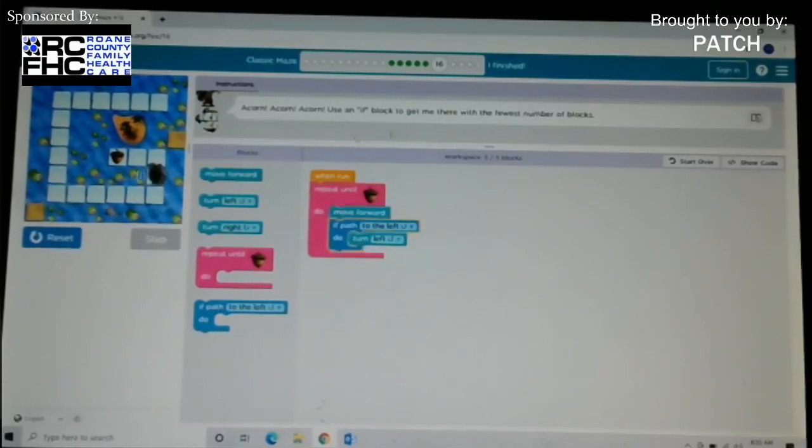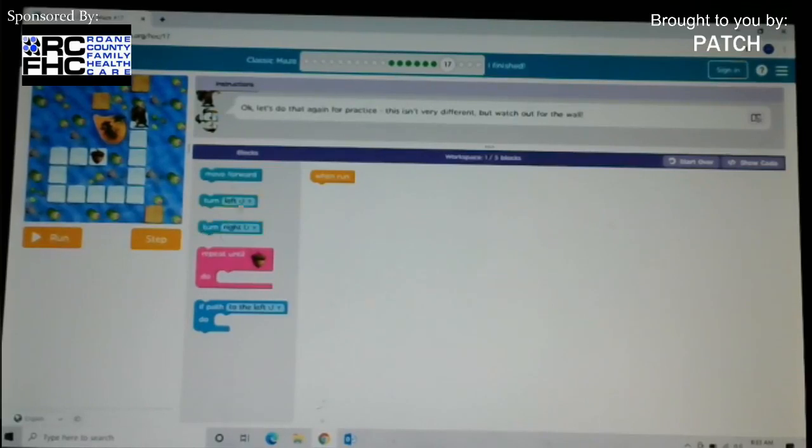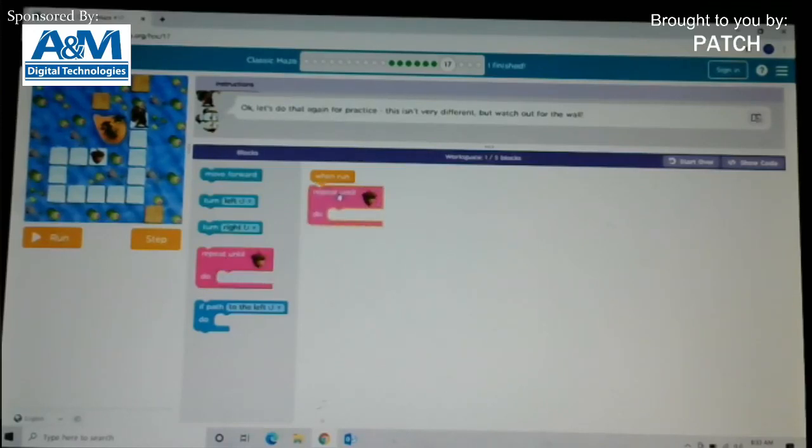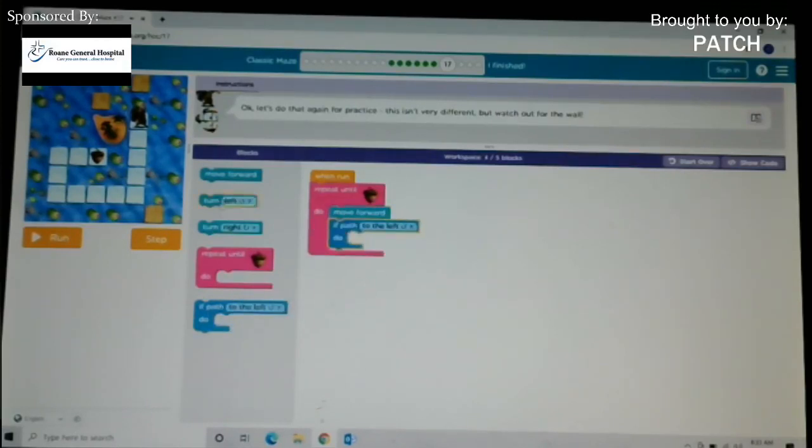Now these blocks are really helpful if you're building any sort of free mode code, which you're creating by yourself, of course. Now here it's just the same thing but a little bit shorter, so of course we just use our repeats, our move forward, our path to the left,